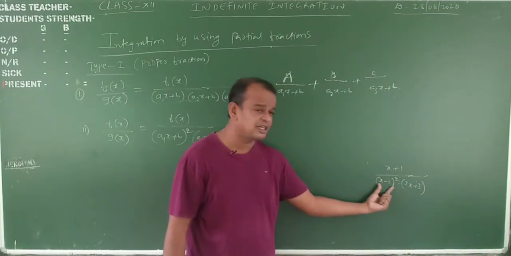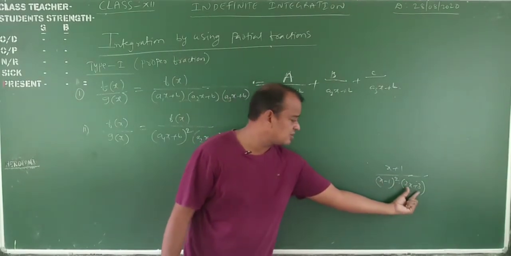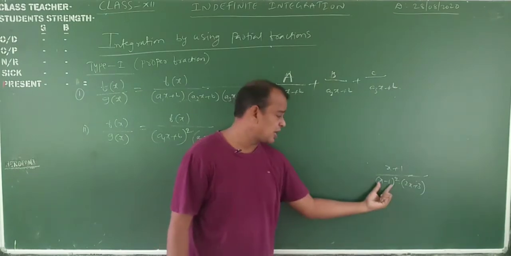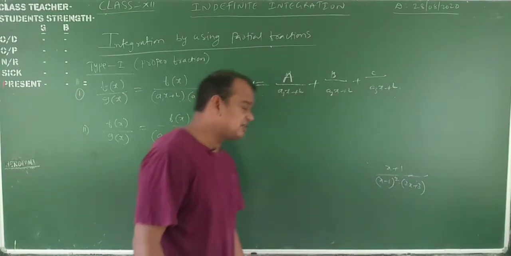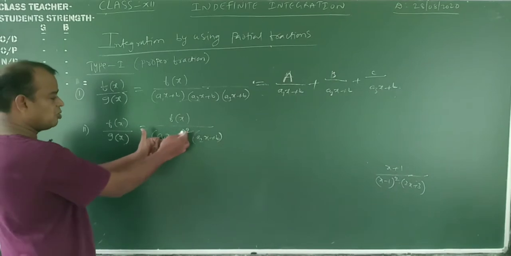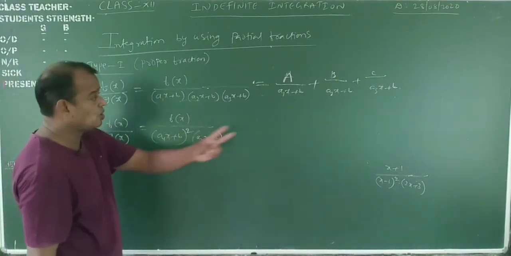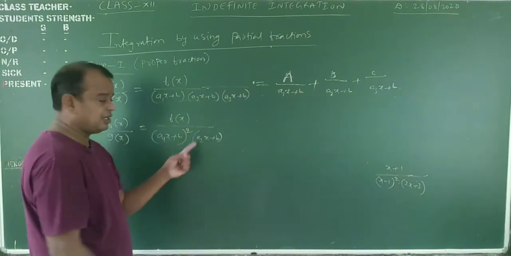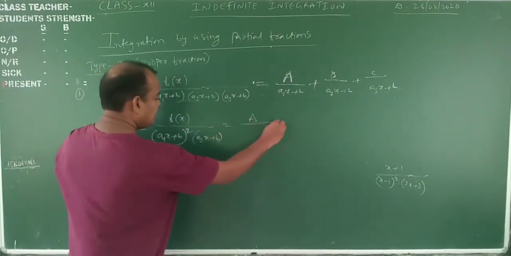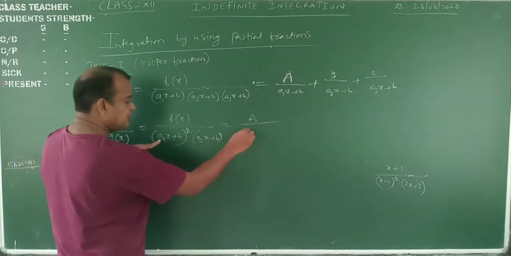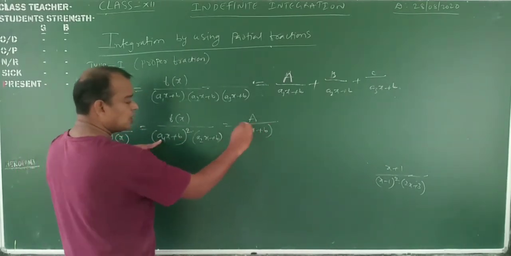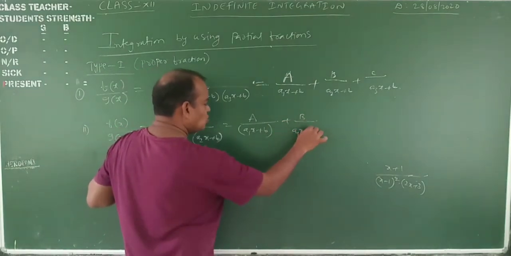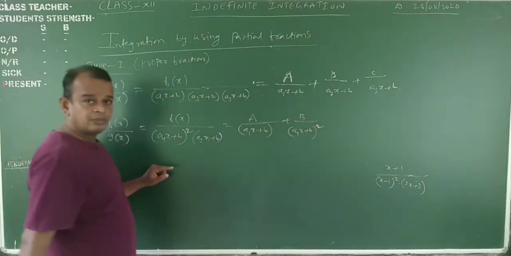Here x minus 1 is repeated how many times? 2 times. This is non-repeated. Total how many factors are there? 3. This is 2 times repeated, this is 1. Here also observe that a1x plus b is repeated how many times? 2 times. Means we will take 2 constants in this way, and this is another one. Total 2 plus 1, 3. How to write? First one: a by a1x plus b, one time. Next, plus b by (a1x plus b) whole square, second time. Suppose whole cube is there.